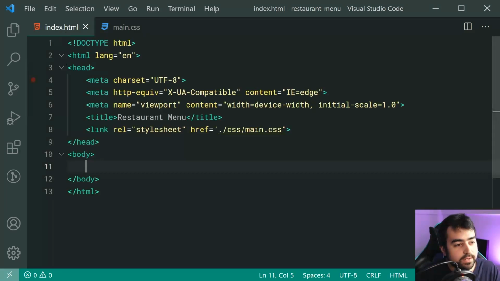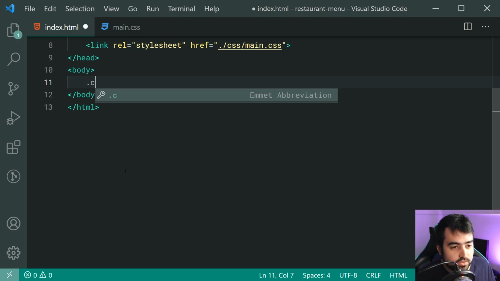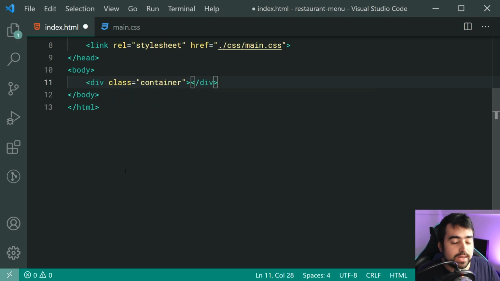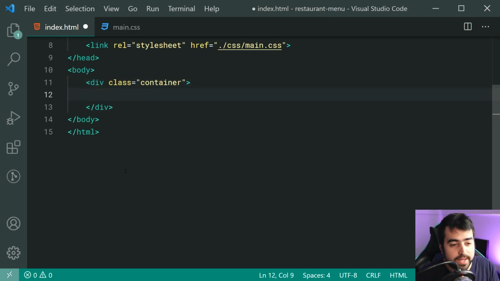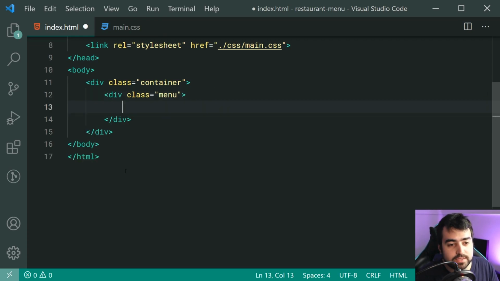Okay, so when it comes to the HTML, the first step is going to be to create a main container for the entire web page itself. If you've already got a main page container, you can reuse your one, but if you don't have one, you can create one just like this, a div with a class of container. So now we're going to have a second container, and this one is going to be a div, once again with a class of menu this time,